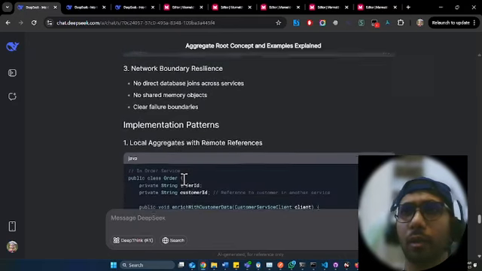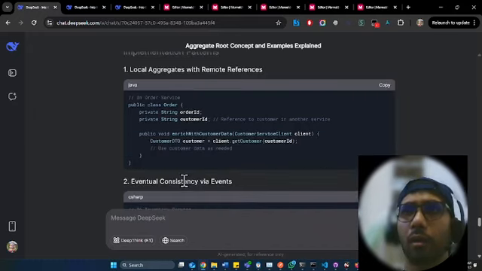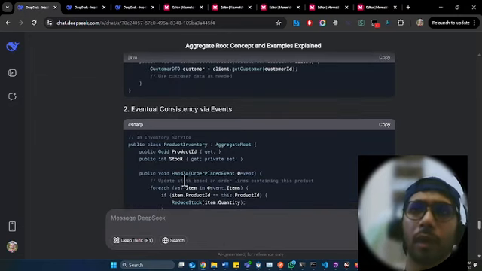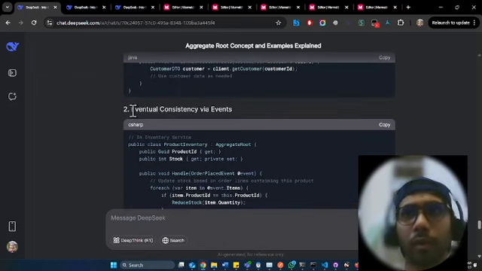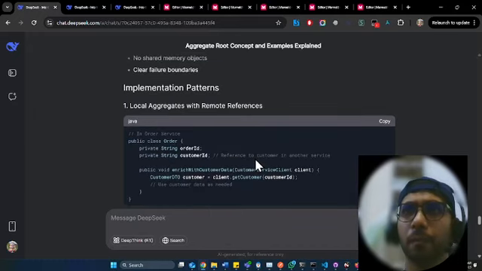So yeah, it promotes loose coupling, and it also brings another important subtopic, which is eventual consistency. So this is an example of a product inventory. Here what it does is,